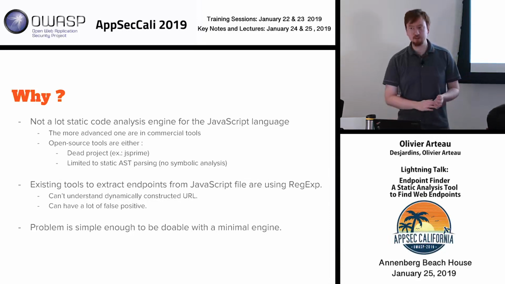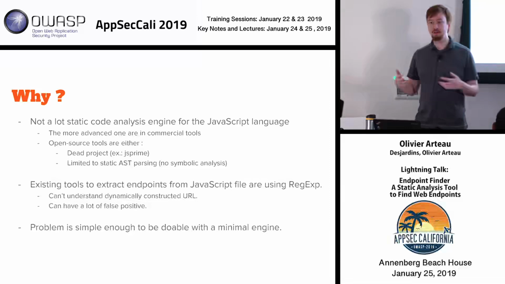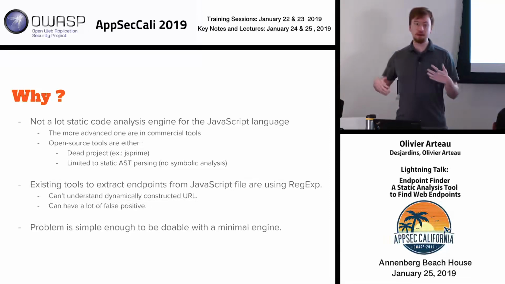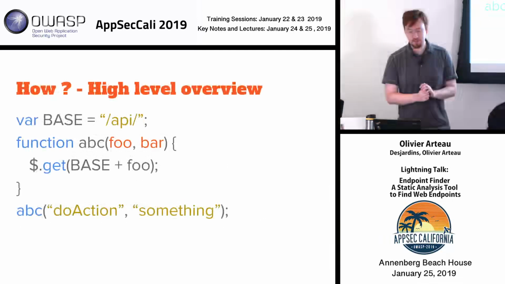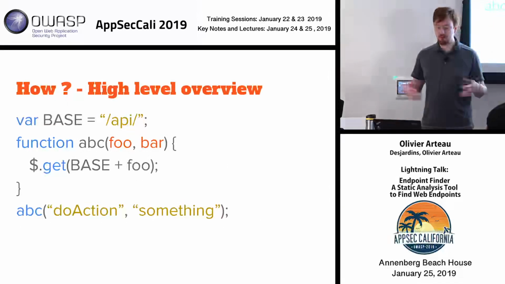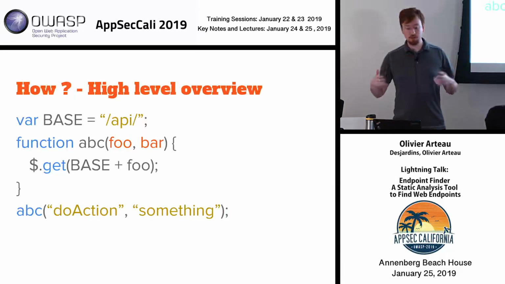So how it was built. When I started to build this plugin, I asked myself, if I was to look at a piece of code, how would I identify endpoints in that piece of code? So let's say that we have a very, very simple piece of JavaScript code. How do we identify endpoints? Well, the first thing